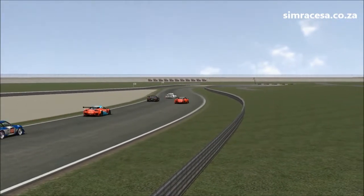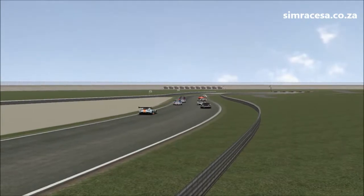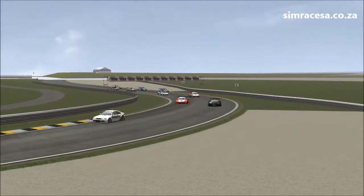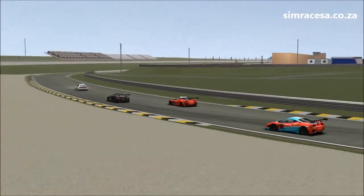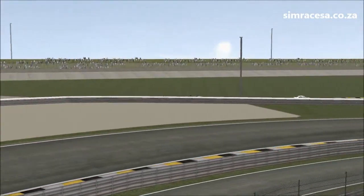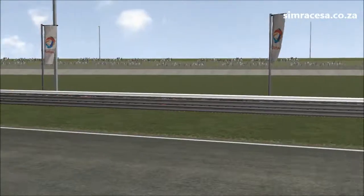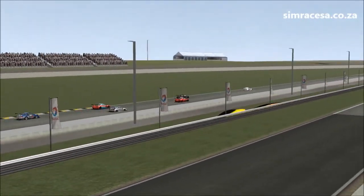In 4th position, we have Bjorn Herman of Venom Racing. His teammate GG McLaren not able to make the grid in time, unfortunately. Not quite sure what the issue is there, but he's not going to be able to start this race, unfortunately. And behind Bjorn Herman, we have